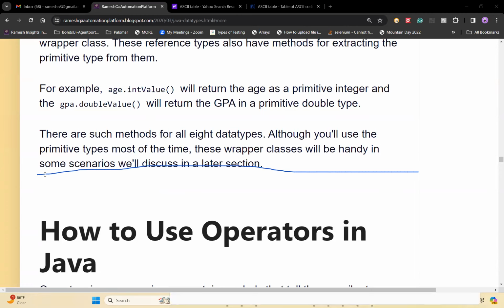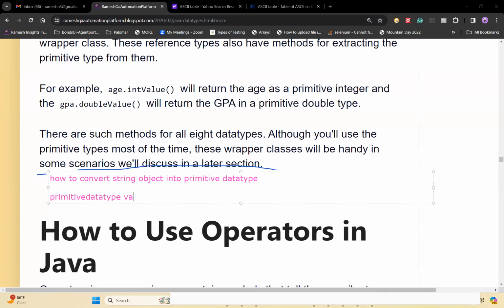How to convert a string object into a primitive data type? There is a formula. The formula is: primitive data type